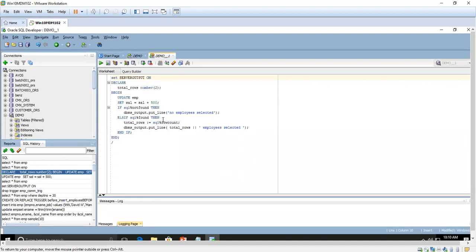Here we declare total rows as a number data type, and update EMP set sal equals sal plus 500. We are incrementing by 500 rupees. And DBMS_OUTPUT.PUT_LINE, I think everybody is aware of this.